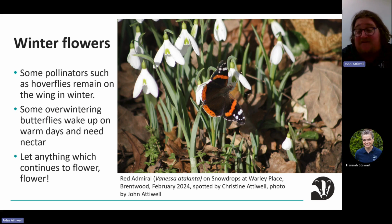So some butterflies like this red admiral have increasingly been spending their winter in Britain. Many red admirals, of course, migrate, but this one was probably overwintering and was woken up by a beautifully warm day at the beginning of February last year. And here he is on the snowdrops that grow there. So allowing anything to flower in winter and thinking about the winter season in your planting is well worth it, and you will help out creatures like this lovely red admiral butterfly, and also keep some of the hoverflies going